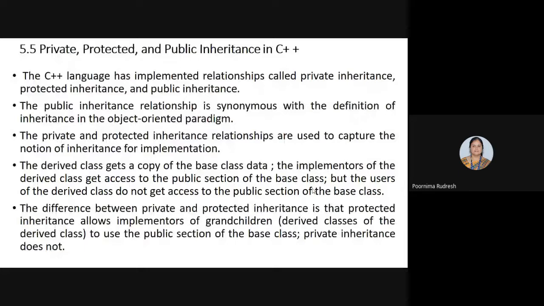After that, we discussed about the use of protected section in a base class, then the heuristics for the use of protected section. Afterwards, we discussed about the depth and width of the inheritance relationship, right? So normally, most developers prefer to use up to 6 levels.